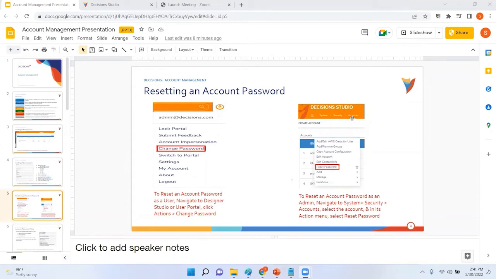And now from an admin perspective, if an admin wants to reset the password for any specific user, they can navigate to systems security, select the account that they want to reset the password for, right click on it and choose this option. And thirdly, there could also be a scenario wherein an admin can lose their password and cannot log